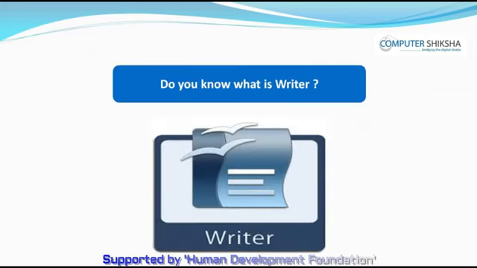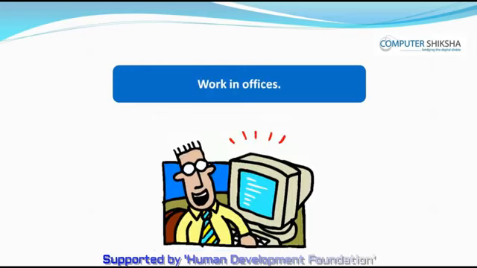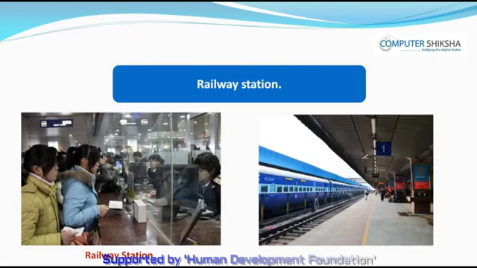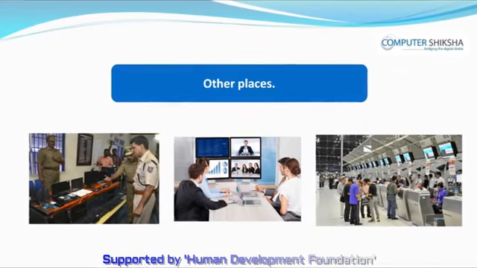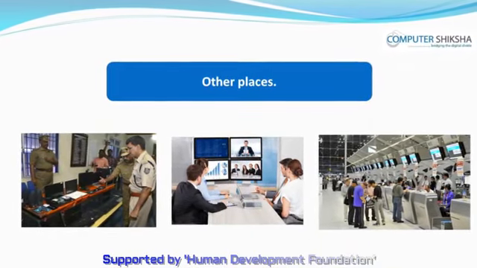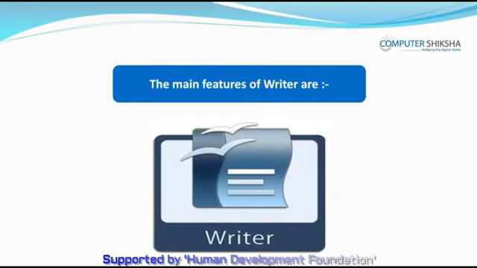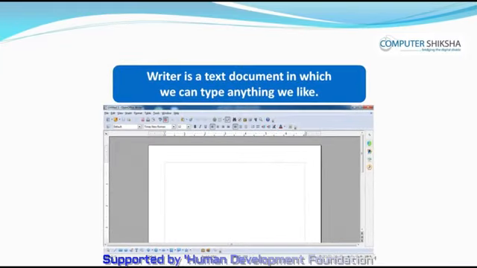Do you know what is Writer? In OpenOffice, Writer contains text documents and it is used for work in offices, schools, homes, metro stations, railway stations, and many other places. It helps us in writing things about what we want to note down and be able to recall in the future. The main features of Writer are: Writer is a text document in which we can type anything